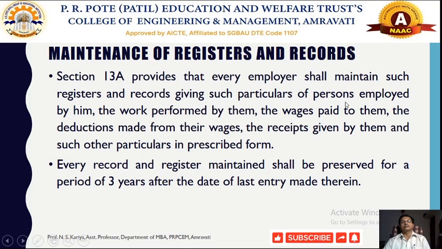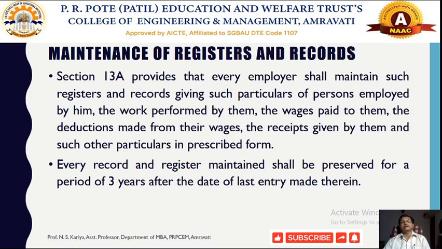So this will include the person employed by the employer, what work they performed, and the amount of wages that they were paid, and any other form of deductions. All such deductions should be mentioned in that register, and the receipt given by them and other particulars are mentioned in this register. So that register is nothing but the record of payment of wages to the workers,